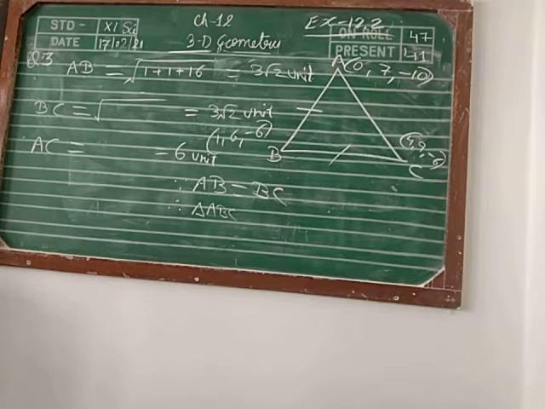Similarly, by using the distance formula, we have to solve these questions, and all these questions are based on the concept of class 10. If you have to show that the given three vertices are vertices of a right angle triangle, then we have to verify the Pythagoras theorem. If we have to show the given three vertices are vertices of an equilateral triangle, then we have to show all three lengths are equal. These kinds of questions we have, so solve all these questions in your notebook.